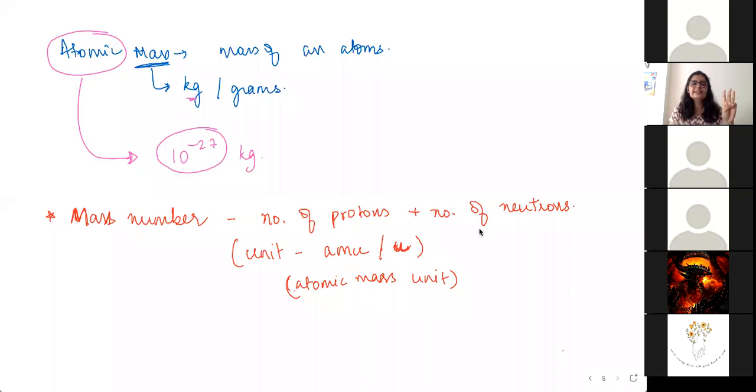It means the nucleus is not separate. Protons and neutrons together make that particular thing called the nucleus. But mainly, protons, neutrons, electrons. So if an atom is made of protons, neutrons, and electrons, why did I write mass number is equal to number of protons plus number of neutrons? What happened to the electrons? Why are we ignoring the electrons?